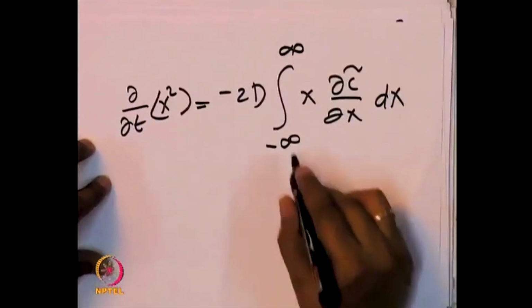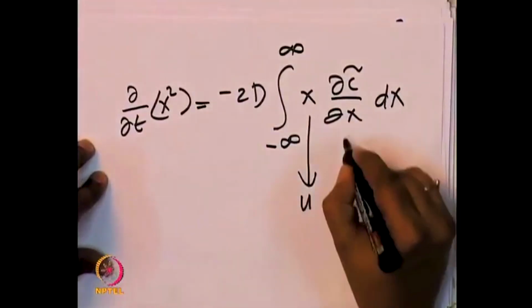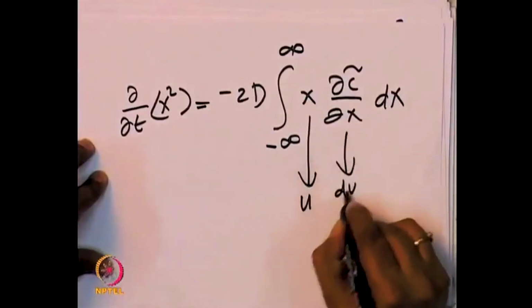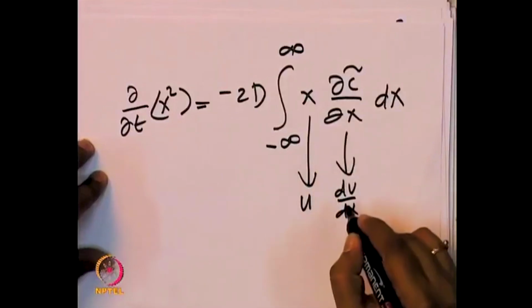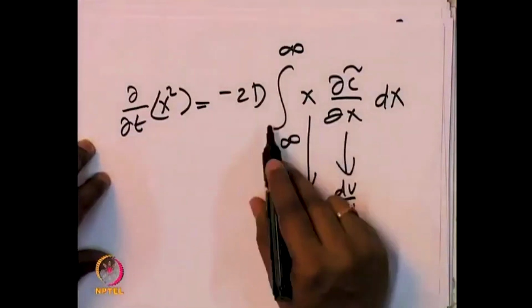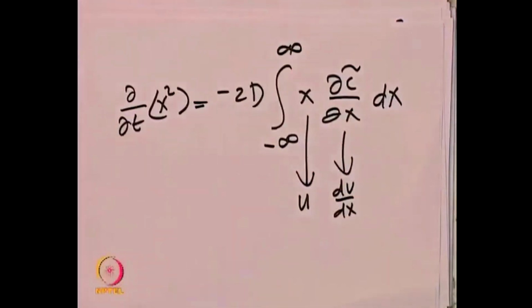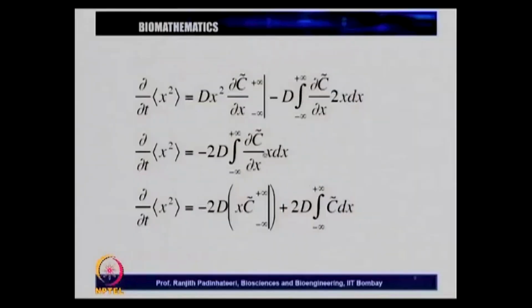Again, we can do this by integrating by parts. We can take this x as u and this as dv by dx, or del v by del x if you want, and you can integrate this by parts by the same formula that we used. And what do we get? What you would get is that, again let us say x is u, so u into v in the limits